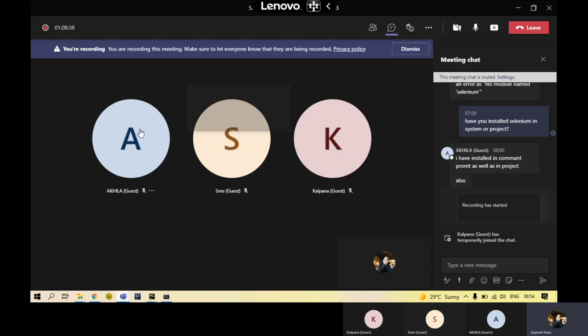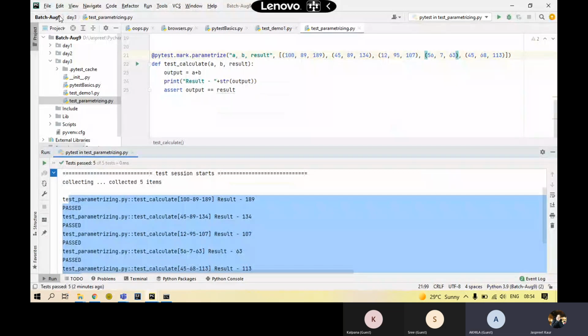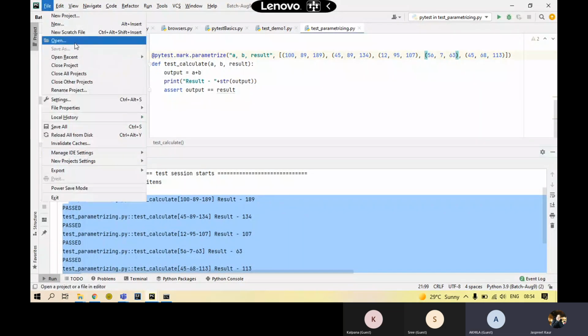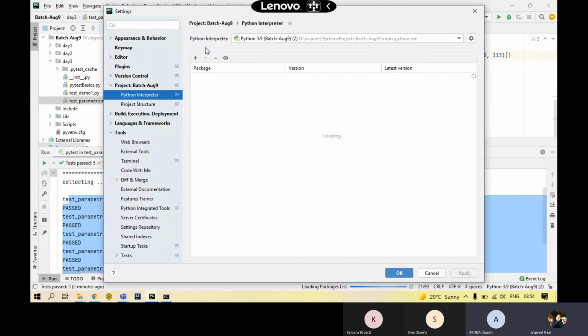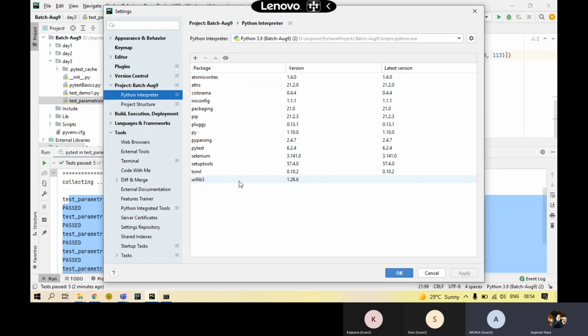So now, at the end, Akhila, I have observed one thing in your setting. When you are importing over here, along with Selenium, I have seen this from settings. If you can see this setting of mine, there is no wheel package coming in it. There is something with that wheel package which is troubling the package.